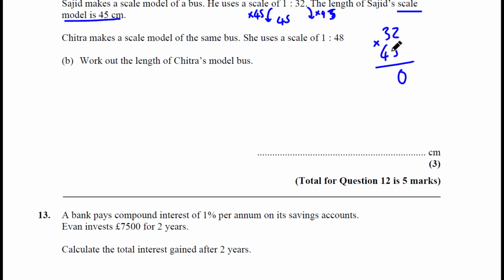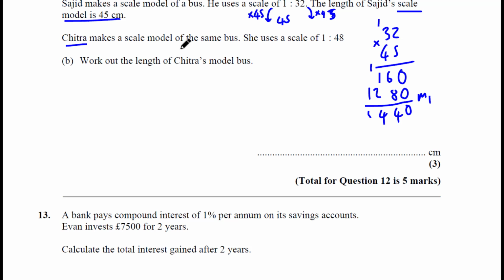2 times 5 is 10, 5 times 3 is 15, add the 1 is 16, 4 times 2 is 8, put the placeholder in, and 4 times 3 is 12. That's step 1 working out, so 0, 4, carry the 1, 4, 1. That is definitely a part of the method. Now Chitra